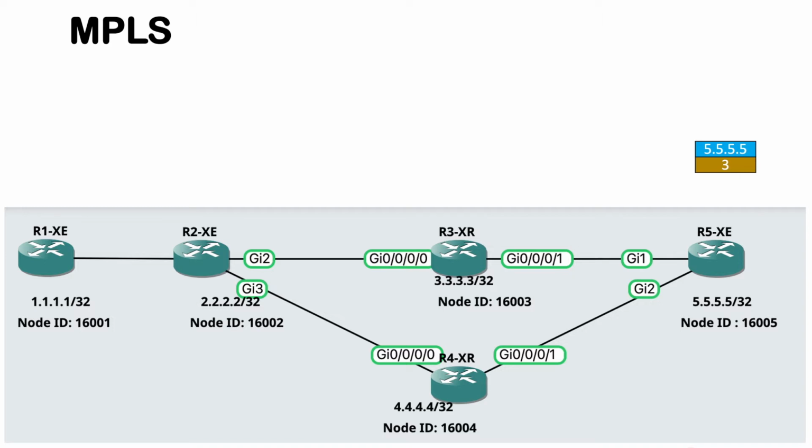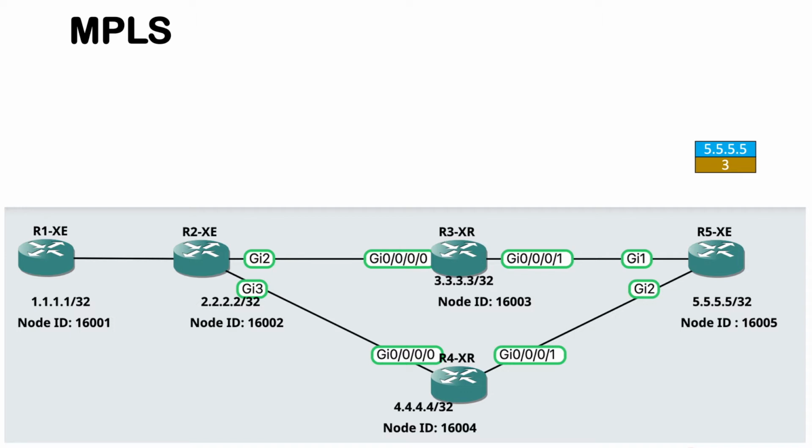To take this network as an example, suppose router R5XC has the prefix 5.5.5.5, which it is advertising to the rest of the network. And in MPLS, you know that we were using Label Distribution Protocol to advertise the labels between the nodes in the network. And also we needed one IGP to have end-to-end connectivity. If you want to advertise prefixes between the nodes, for that we would use one IGP, and if you want to advertise labels, for that we would use LDP.